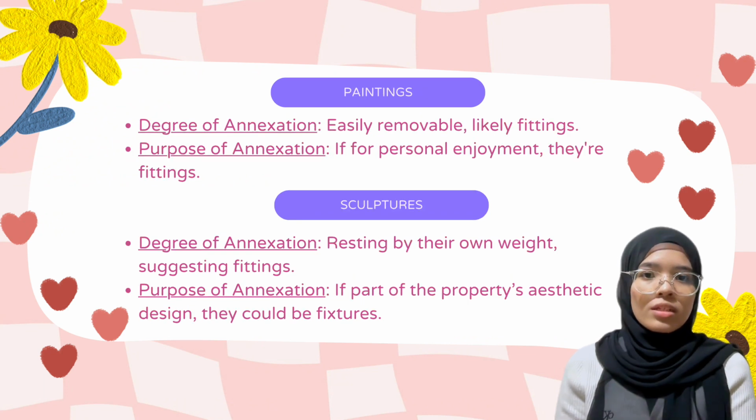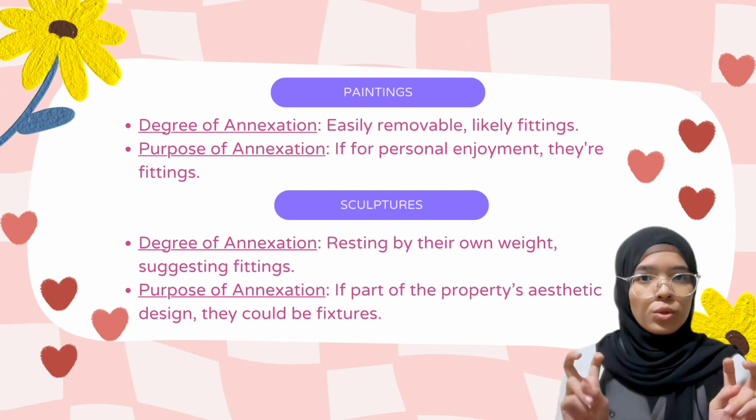To address Abraham's case, it is essential to determine whether the paintings and sculptures should be legally defined as fixtures or fittings. According to the degree of annexation test, items that are firmly attached to the property are likely to be considered fixtures, while those not attached are typically fittings. In Abraham's scenario, the paintings are easily removable, indicating they are likely fittings. However, in accordance with the purpose of annexation test, the paintings were hung for enhancement to the property's Victorian style